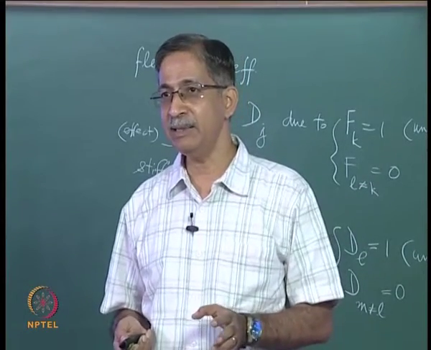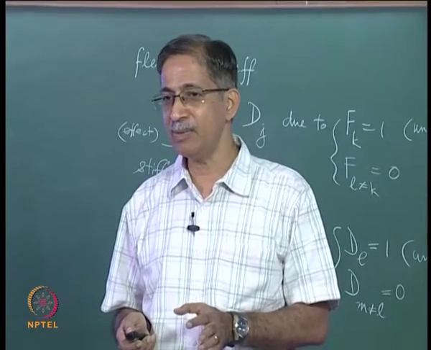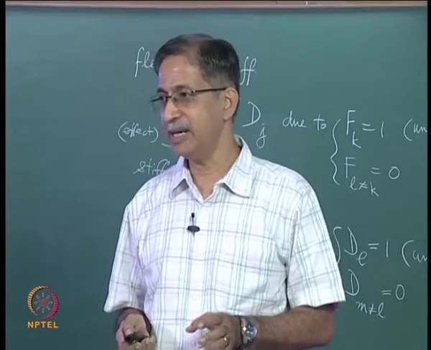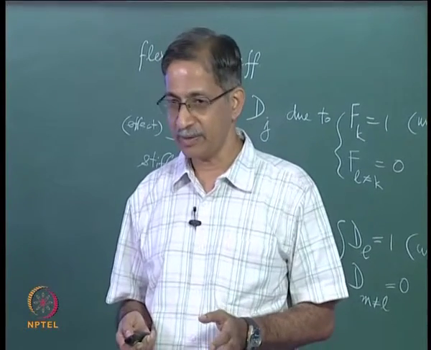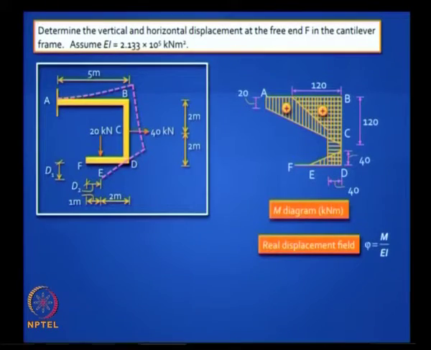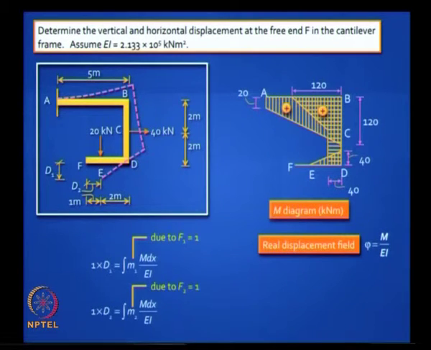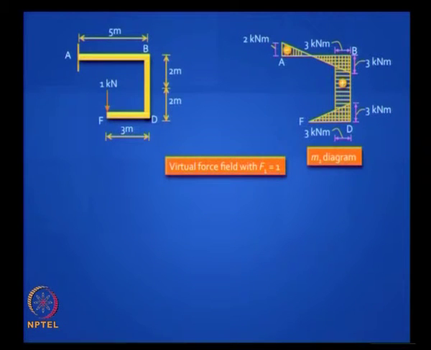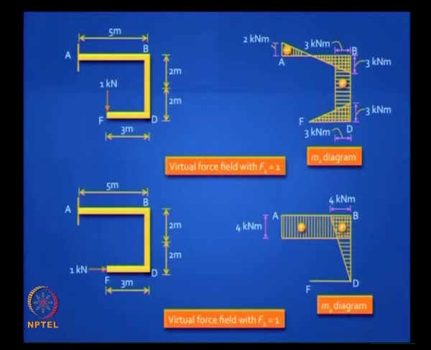Again, to find D1 and D2, we are not so much interested in the bending moment diagram as in the curvature diagram. So if you divide this by EI, you have got the curvature diagram, and the formulas to get D1 and D2 emerge from the unit load method. So first, to find M1, you apply F1 equal to 1, you need to draw correctly the small M1 diagram, which is caused by the unit load. It is a virtual force field, and to get M2, you have to apply F2 equal to 1, you get another diagram.